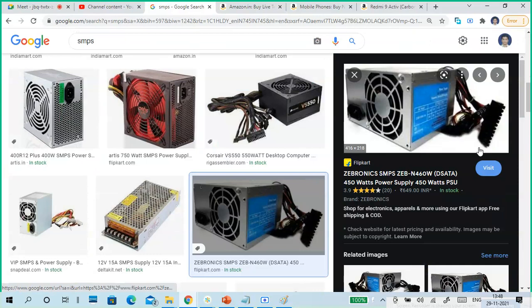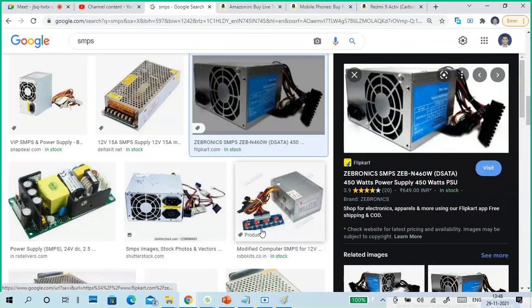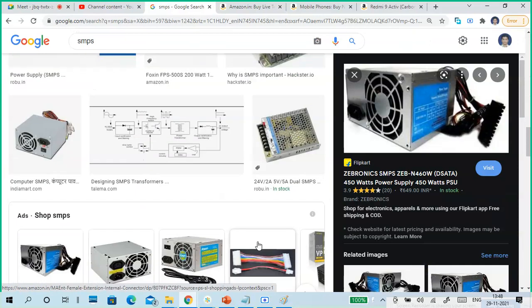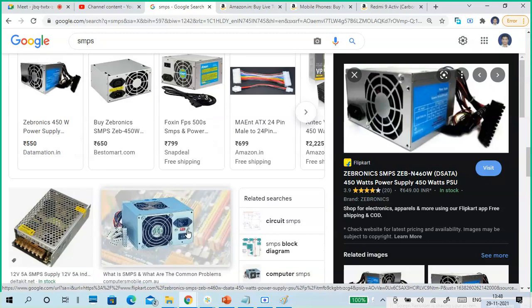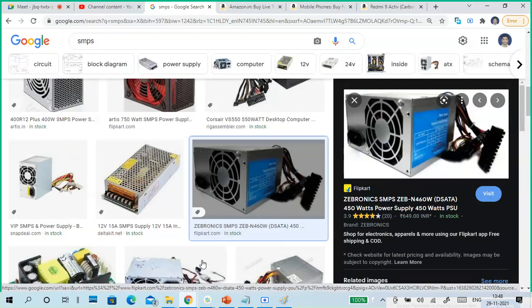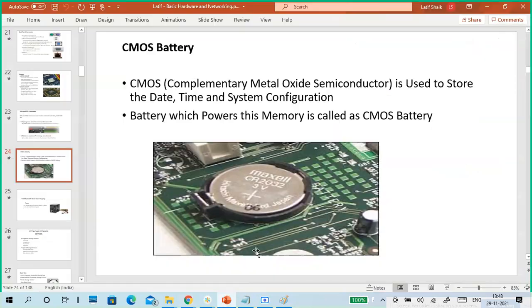If you see this big one, that is our ATX motherboard connector. And there are different connectors.